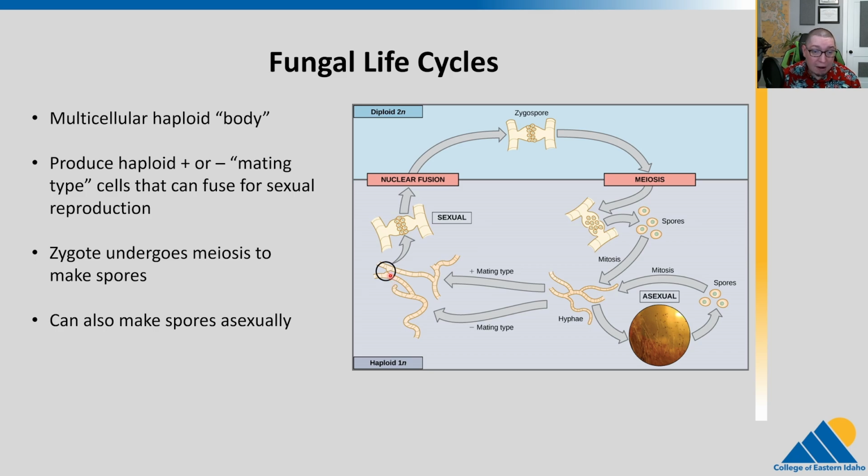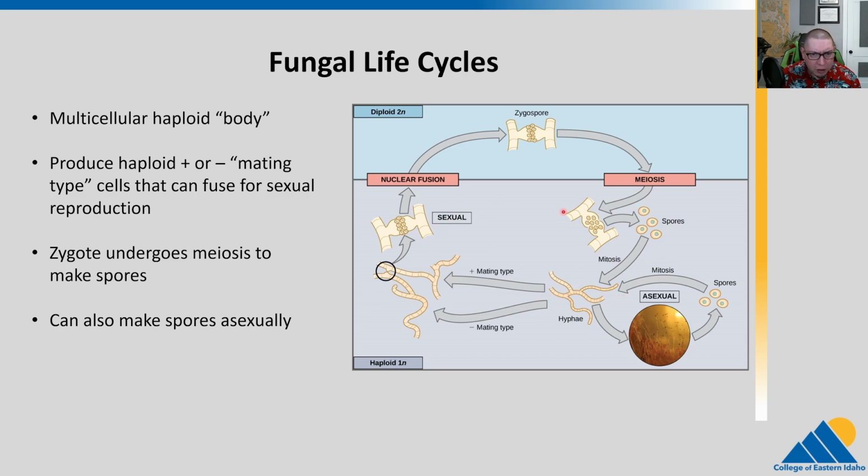Okay, these hyphae can either be plus type or minus mating type. Occasionally, these hyphae will interact with one another, and we will have a nuclear fusion that occurs. Okay, so the nucleus of a plus type fuses with the nucleus of a minus type, and we get what's called the zygospore. This is a sexual stage. It is diploid now, and it can undergo meiosis, which will then create new haploid cells, which can create their own spore, and the cycle continues.